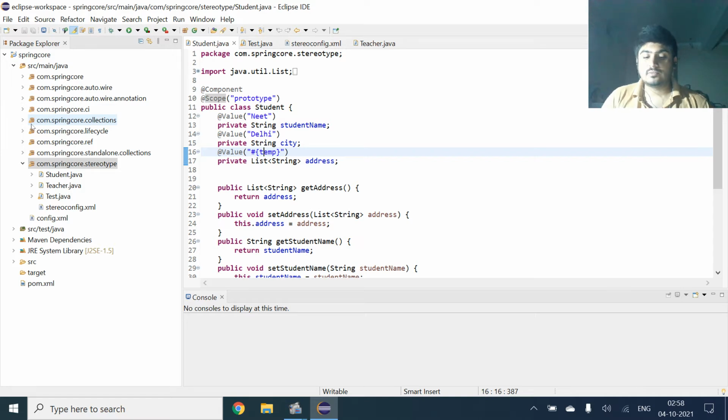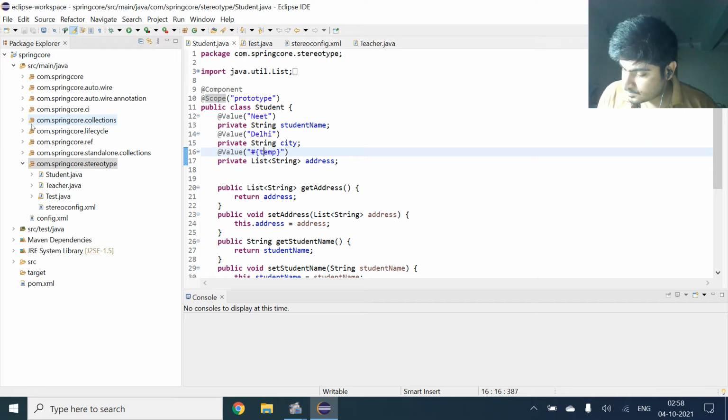SpEL will support parsing and executing with the help of the value annotation. Basically the value annotation will be more in use, and it will support parsing and execution of expressions.